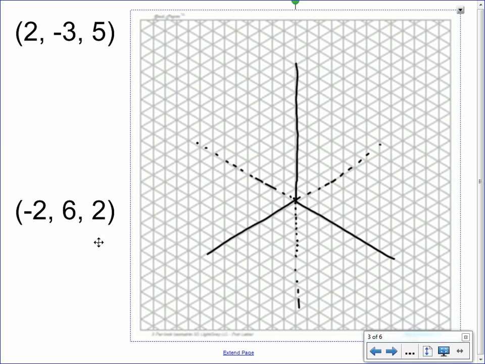Okay, so when you graph (2, -3, 5), here is x is 2, -3 is here. So I'm going to make dotted lines that get me to that xy coordinate. And then we're going to take that coordinate and we're going to move it up 5. So up 1, 2, 3, 4, 5. So you can see that we moved the (2, -3), and then